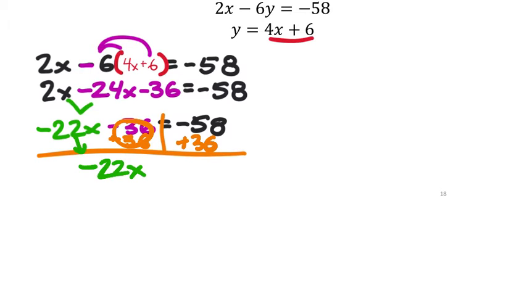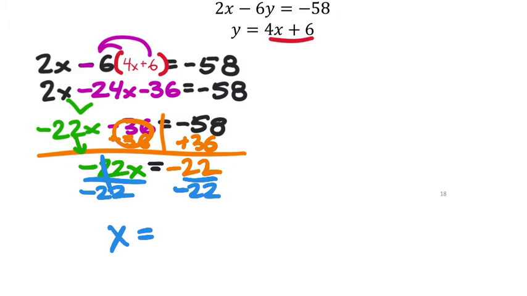And then I just put this in my calculator, negative 58 plus 36, and I get a negative 22 right there. So I got negative 22x's equals negative 22. From here, all we got to do is divide both sides by the coefficient, which is negative 22. That becomes a phantom 1x, which now equals negative 22 divided by negative 22 is 1 as well. Okay, so I see that my x value is 1, and so I can go now to my ordered pair,